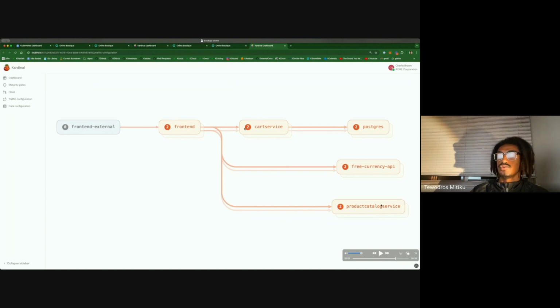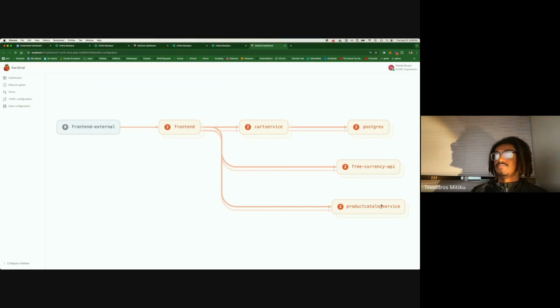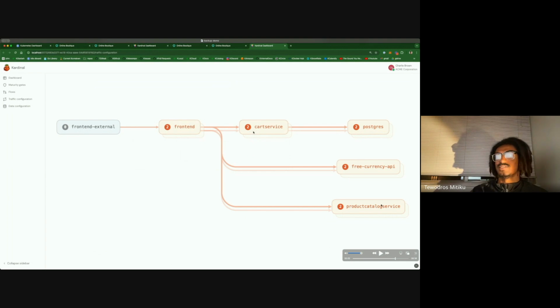And then you'll notice also that the card service is also duplicated. And this goes back to the trace routing. The trace routing mechanism only works for communication that is HTTP, because we can modify HTTP requests to have those tracing IDs. But with communication that is non-HTTP, for example, the communication path from the card service to the Postgres database, which is TCP, we don't have a way to get around that. So we can't reuse the card service, unfortunately.